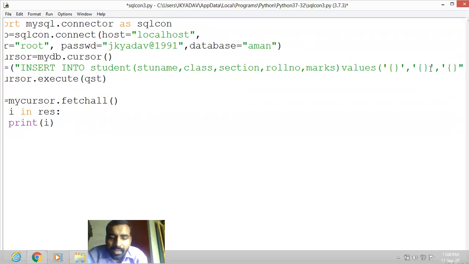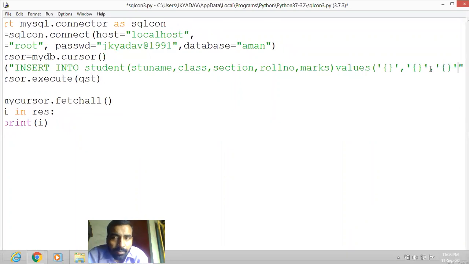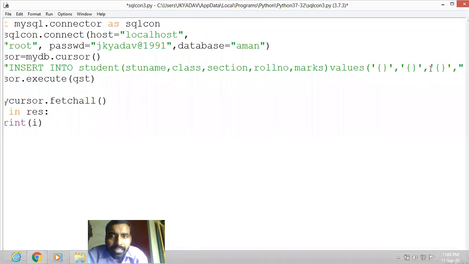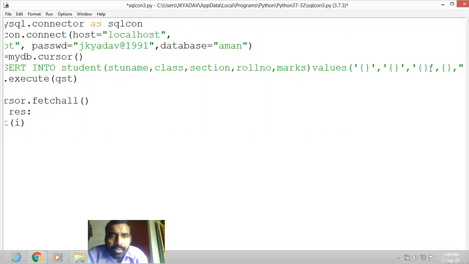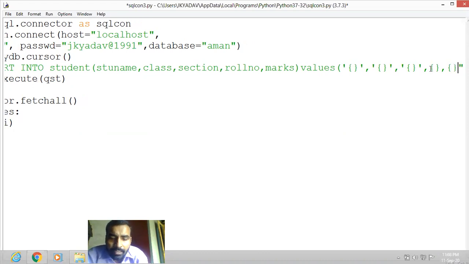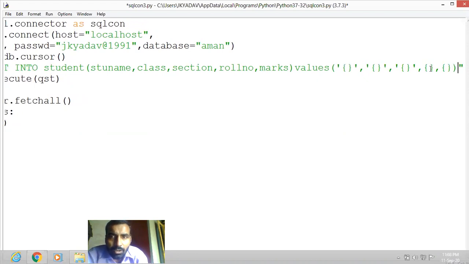Once again curly brace in single quotation mark. Then roll number is of, sorry, roll number is of integer type, so only curly brace. Then marks also of integer type, so only curly brace. Then close the parentheses. Okay.